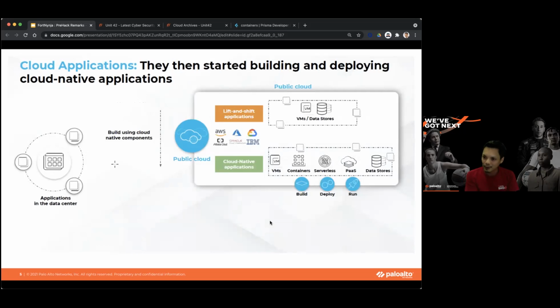But as time went on, with all things tech, it grew in sophistication, and that's where the whole term cloud native applications started to come in. Newer technologies, and again, you heard from the previous speaker: container technology, function-based technology, workloads, or serverless as we call it, platform as a service. All that really made the life of you developers very easy.